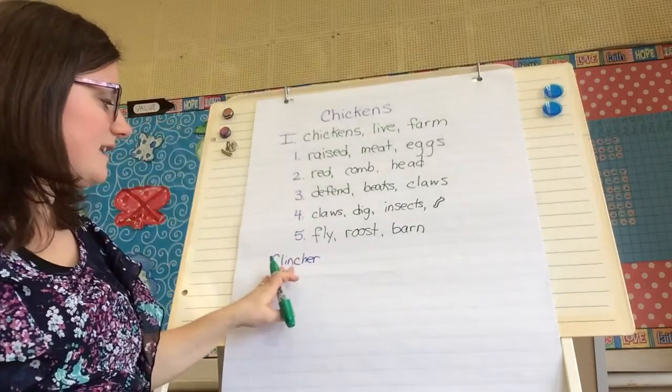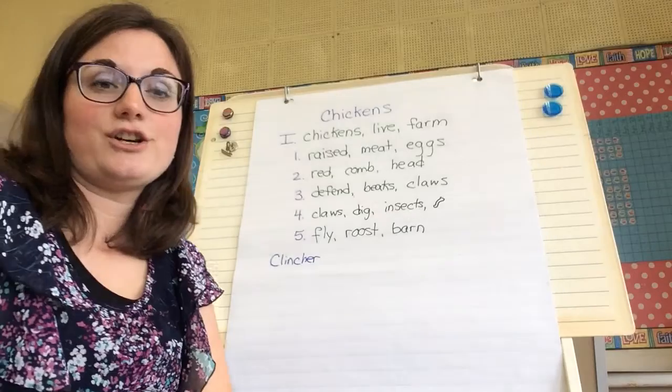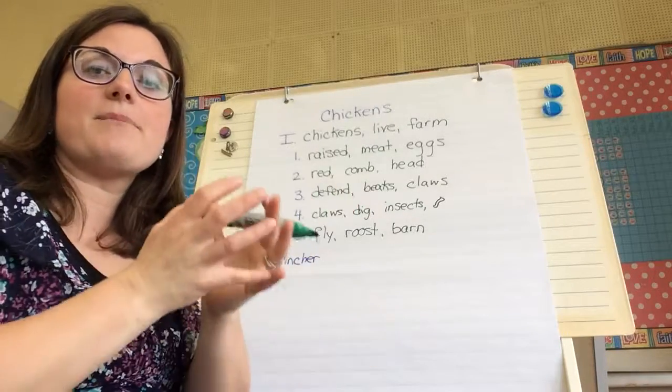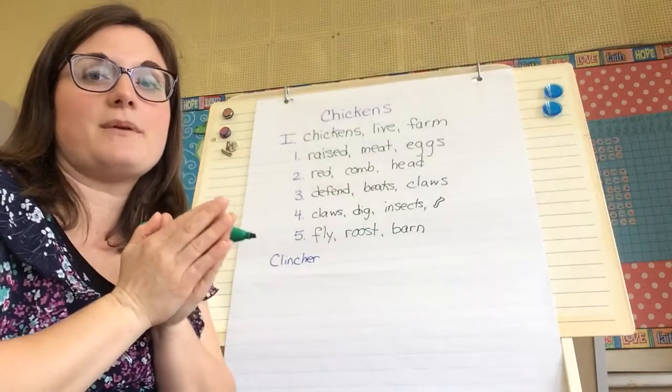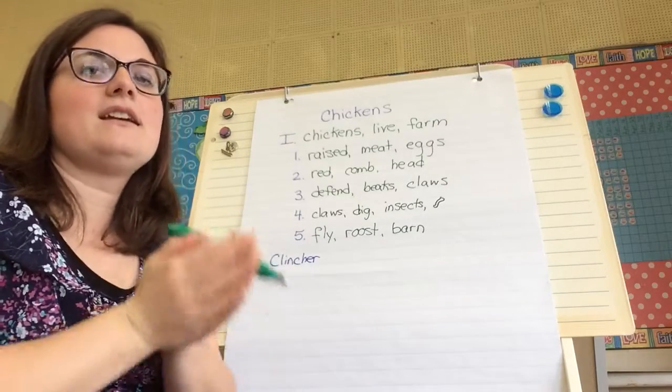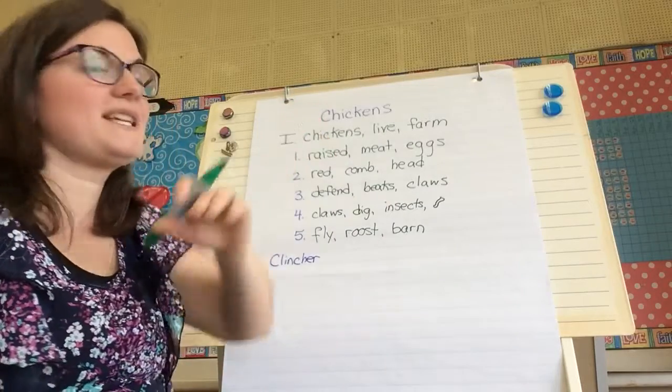And then the last thing that you're going to write is you're going to write clincher, and you remember our clincher sums up, it finishes our paragraph about chickens. And we have to repeat or reflect words from our topic sentence. So for